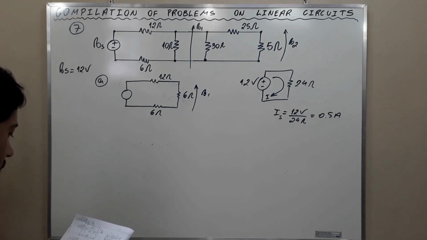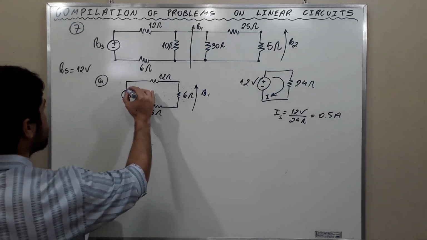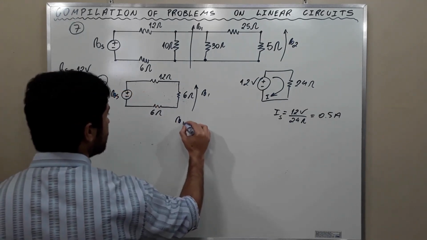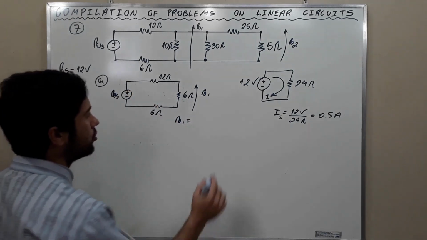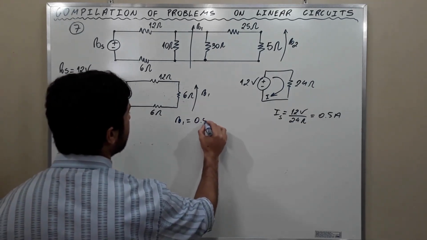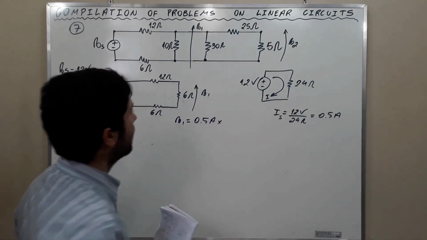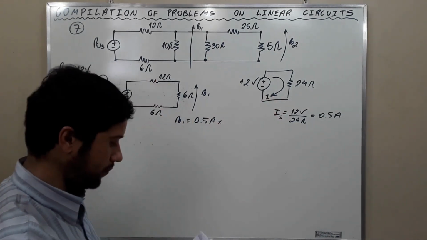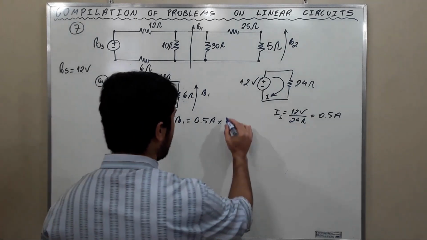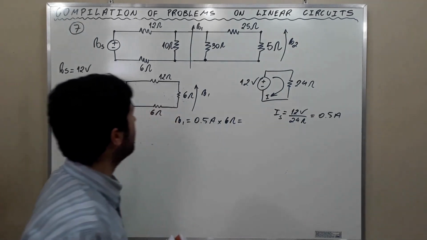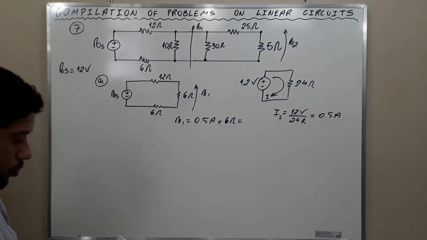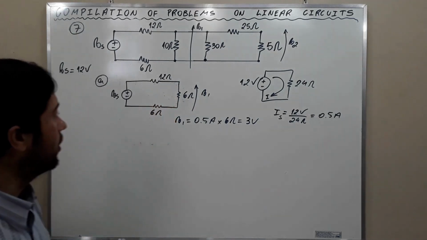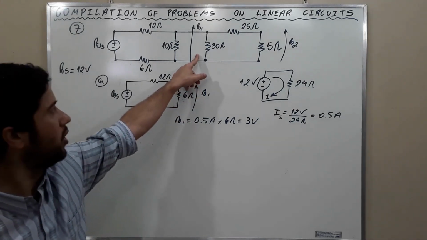Okay? V1 is equal to 0.5 amperes, the current that flows here, 0.5 amperes times 6 ohms, which is 3 volts. Observe that V1 is 3 volts, but